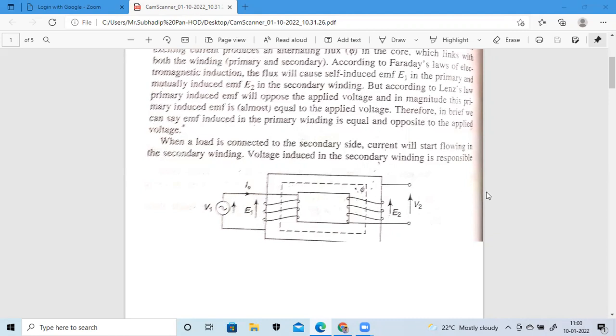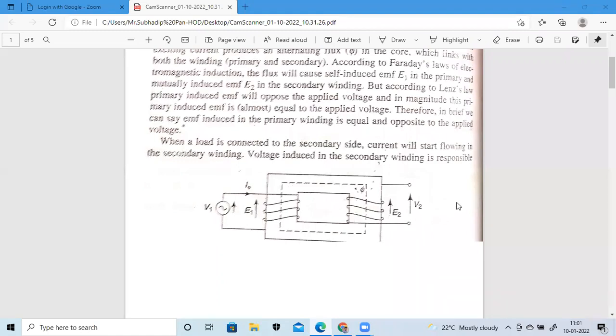Coil EMF induced. Again, it will measure whether the distance is equal to nothing but 4.44 times the number of turns N1, maximum flux density, into area, into frequency. So if a collision is there, it will go on. This value is your EMF induced equation in RMS value of the primary coil.